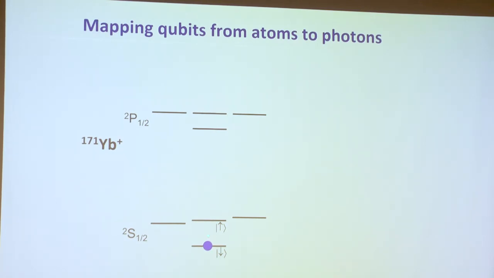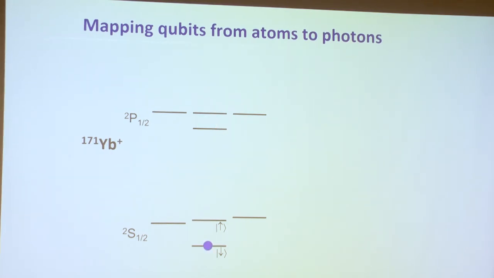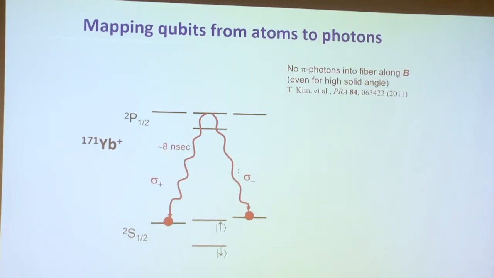Now we're going to map a superposition of spin onto one of polarization of a photon. And we do this by exciting resonantly to this P state. Now this is not a good place to store quantum information because this is going to radiate in a few nanoseconds. But when it does, it can decay via many paths. There's a selection rule. It can't go here. And in fact, it won't go where it started if we collect the light along certain directions. So we end up with the photon either emits with this polarization or that polarization, and the atom is now in 2 different states.